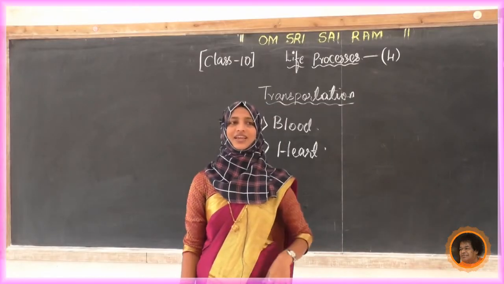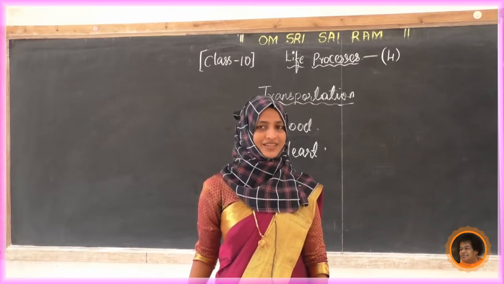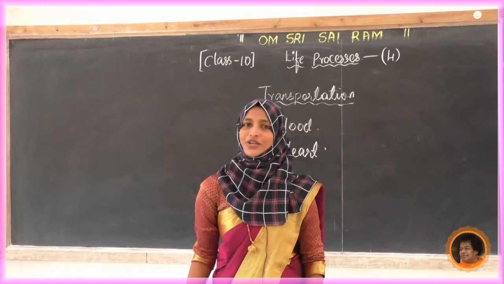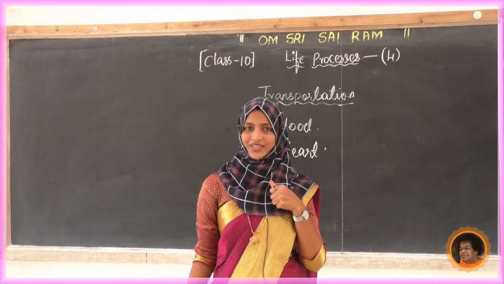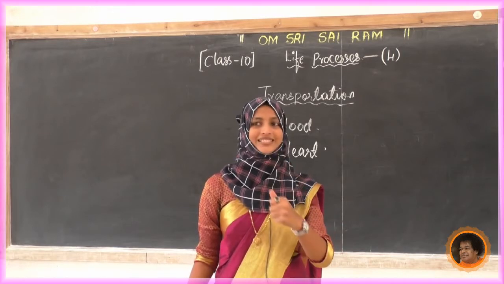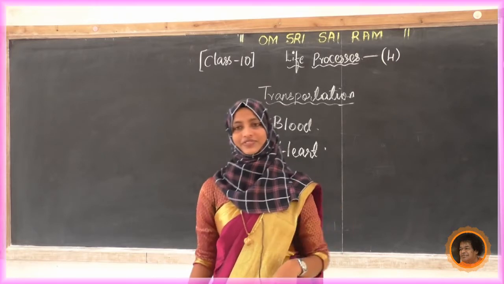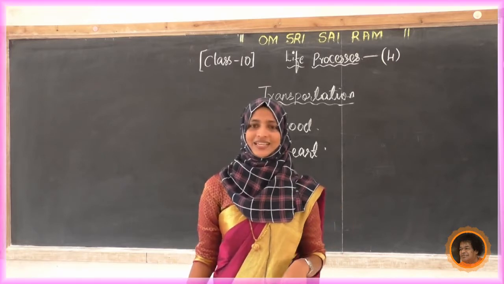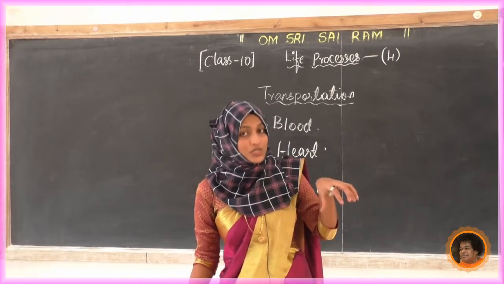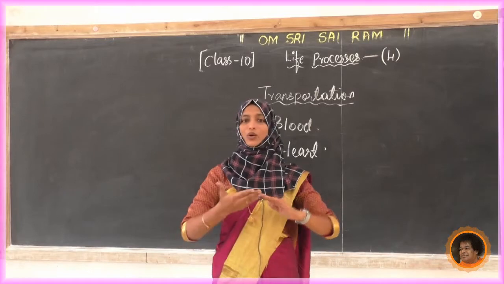But what are we saying? We are saying that I am feeling my heart somewhat on the left side. If some people ask you where your heart is, you show the left side, because actually it is not in the left, it is in the center of the lungs, but a small part of the heart is toward the left. So we say it is on the left side. Actually we feel it as the left side, but it is not, only a small portion is towards the left side. Come to know, no? So it is between the lungs and above the diaphragm.